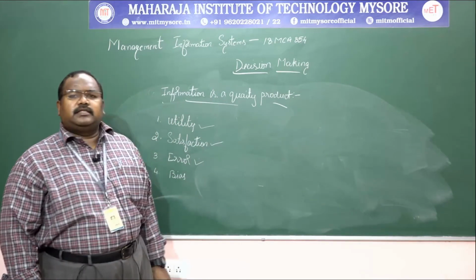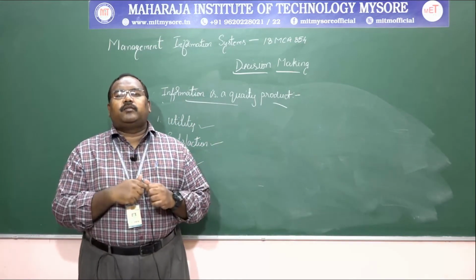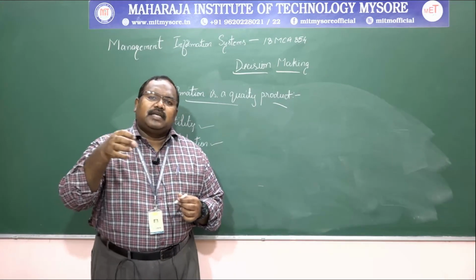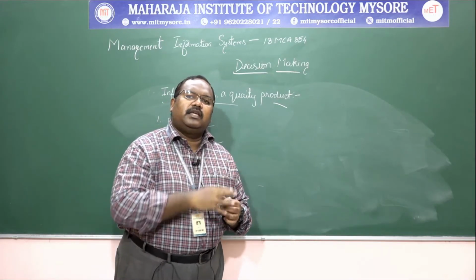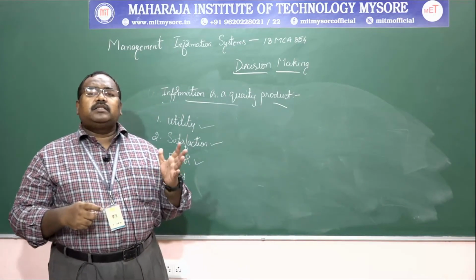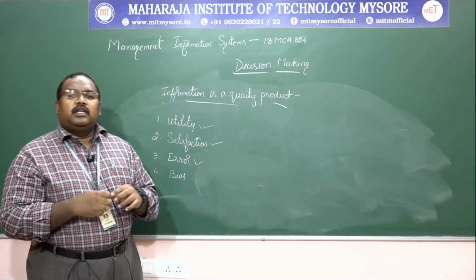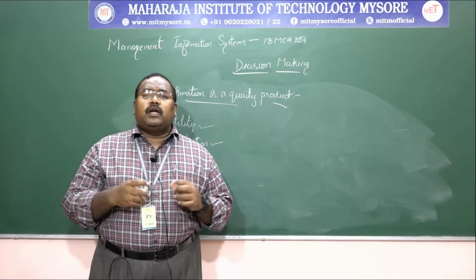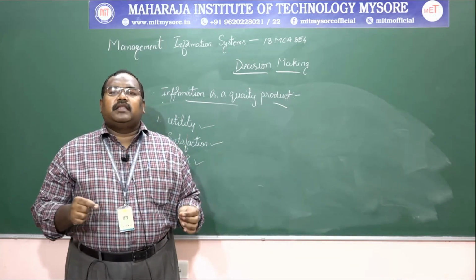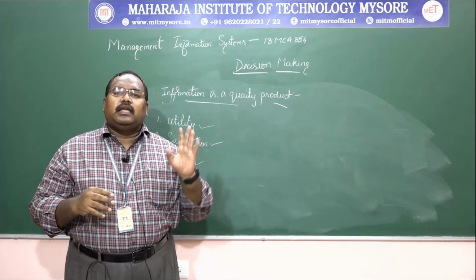Next we look into the errors. When we say error, I would like to say errors creep into the information. What do you mean by creep? We say that insects start creeping into things, means they come without our knowledge most of the time. How do errors, or other unwanted things, creep into the information? The first one, incorrect data measurement. When we are collecting the data, if you measure things incorrectly, stating that it's of no use, let us see later, it goes wrong, then error might be there.